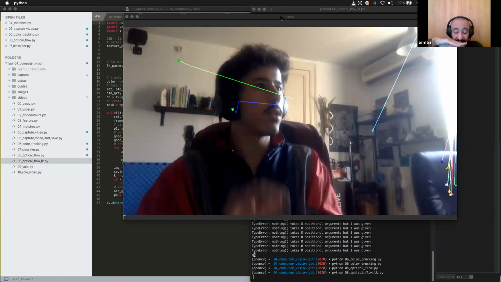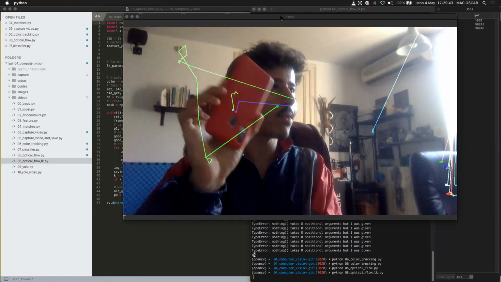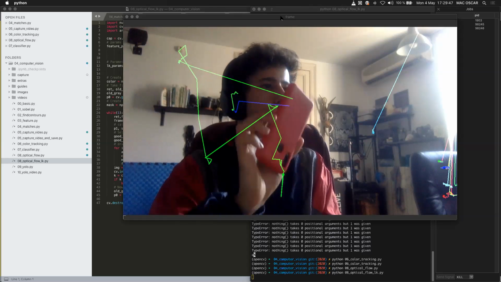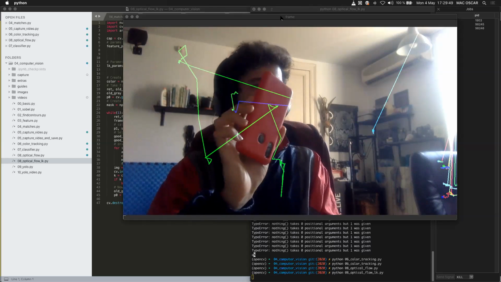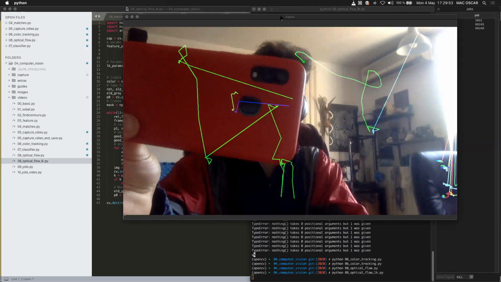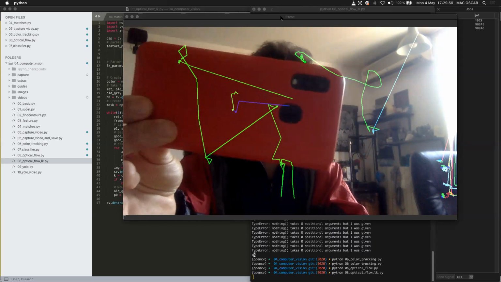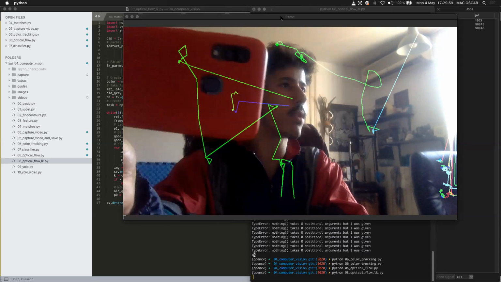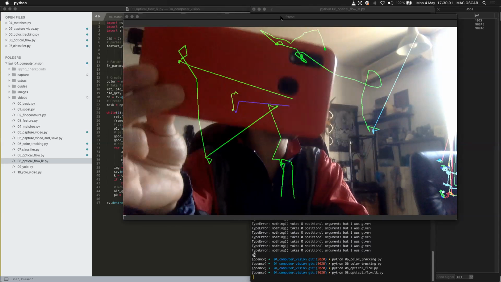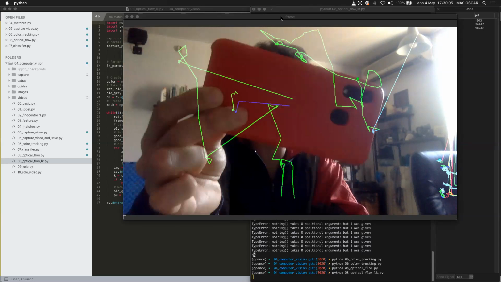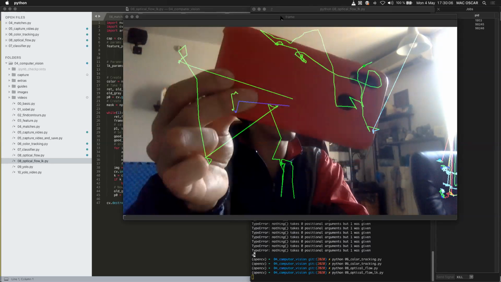Okay, so let's come back to the phone. And you see that there, not very good, but it's finding some key points or some corners on my phone sometimes, and is able to track the movement. But you see that, of course, it's not perfect, because what we are doing is trying to find